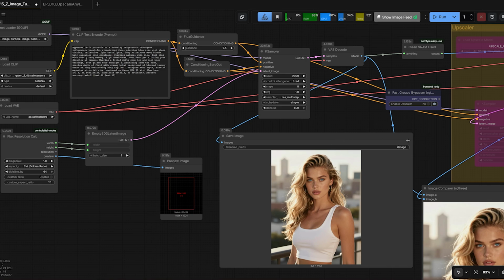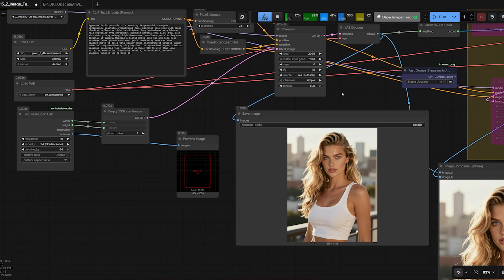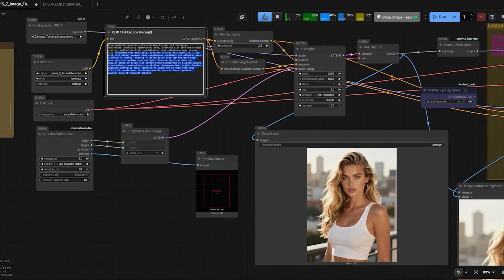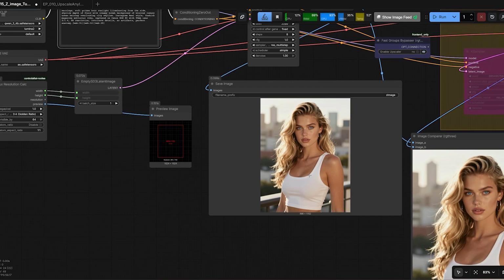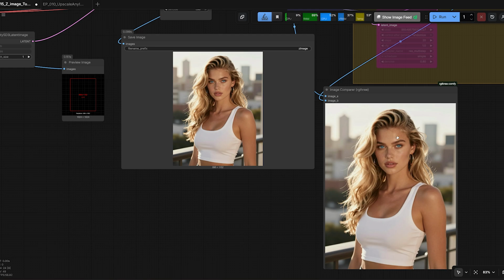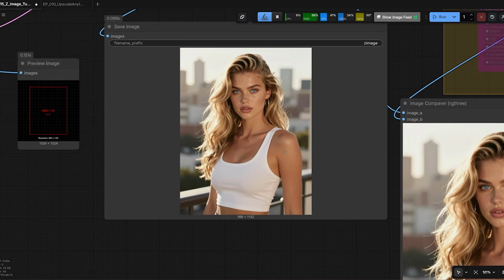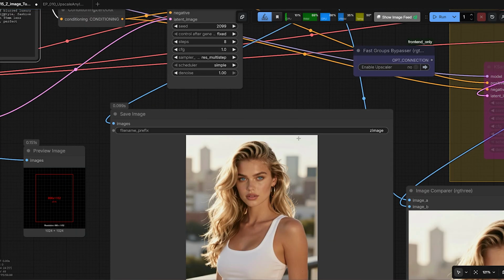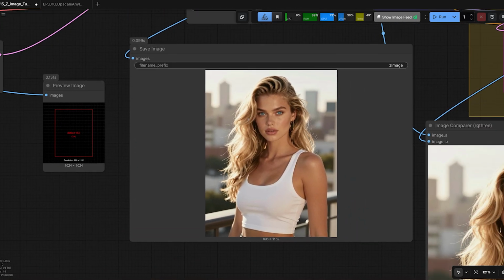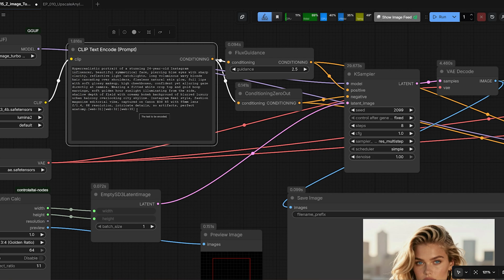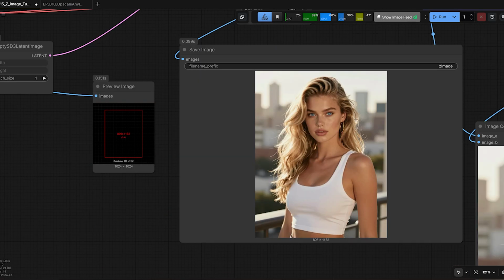So I have generated a reference model using Z-Image Turbo. This is the prompt for it to generate. I have kept the seed to 2099, steps to 8, CFG to 1, and I have generated this image and I have also upscaled this image to 4K. So this image looks perfect for your Instagram influencer, or you can just change the seed and generate a different image. You can take the screenshot of this prompt and you can also tweak the prompt as per your needs. And this image will act as your unique AI influencer.